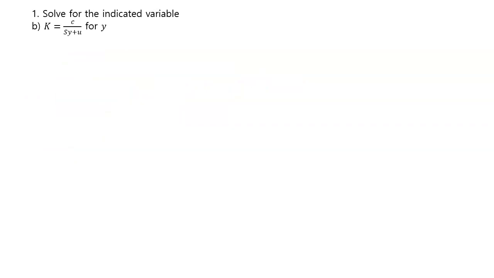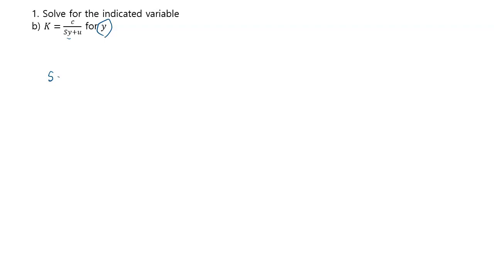Okay, let's do the next question. So we're trying to solve for y here, and y is right here. So s is multiplied, that's done first, and then u is added, and it falls under c. But before we do this, actually, there's another thing I request for you to do. Anytime you see a fraction, then it's good to multiply that denominator both sides so you can get rid of